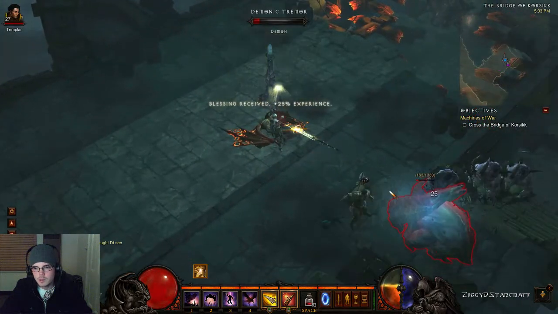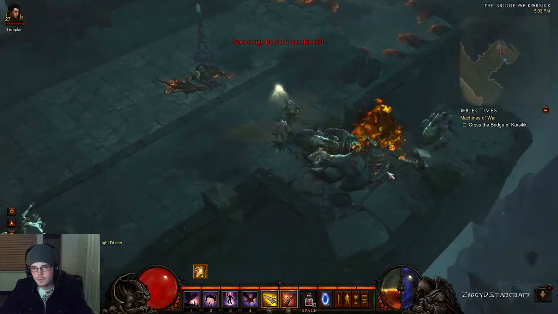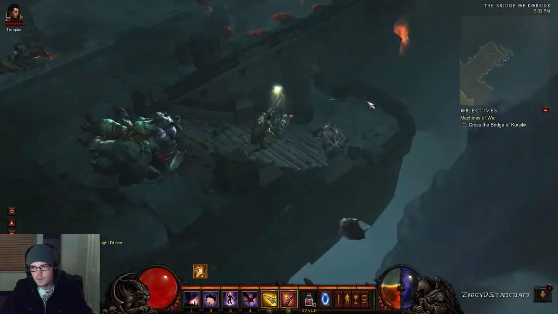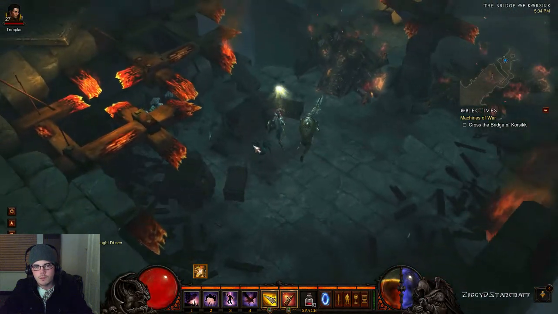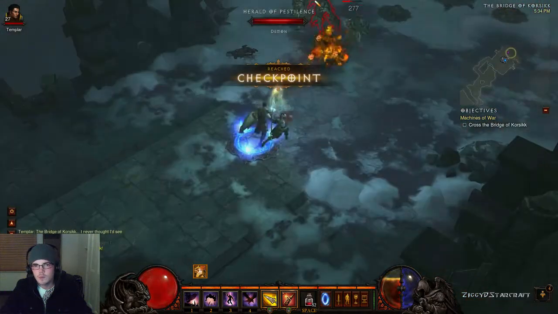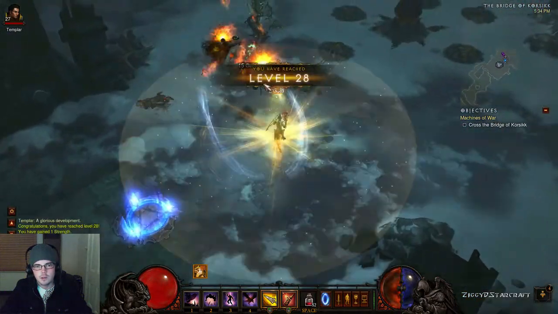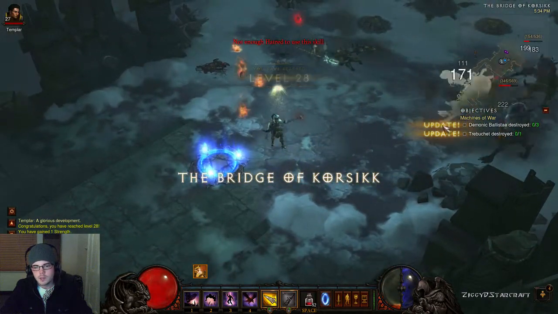Enlightening shrine. This could be good. Not enough hatred. Yeah, looks like we're heading this way. And this place is taking a bit of a blow. Alright, looks like we've reached a bit of a checkpoint here. Hey, and we've got a level 2. That's pretty good timing. Let's get off these guys and...